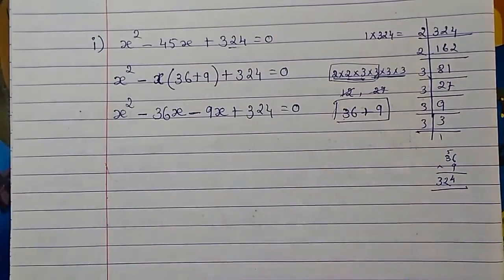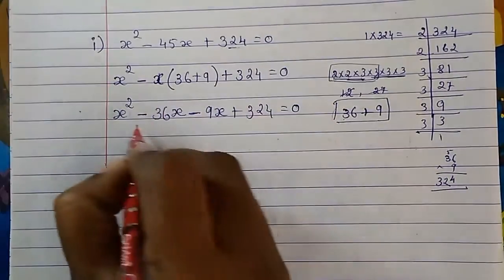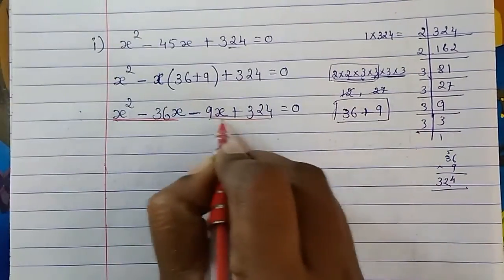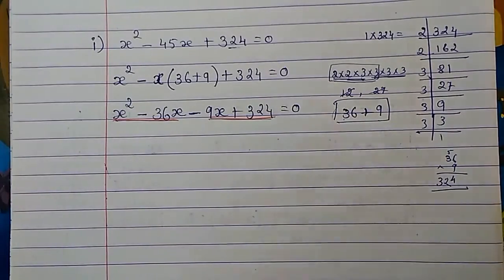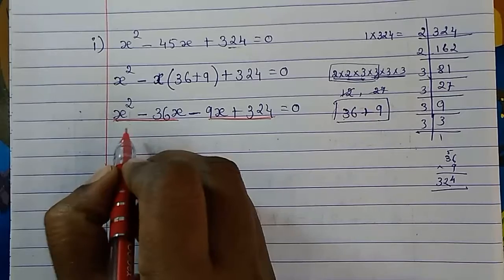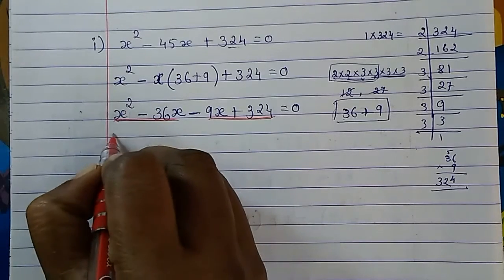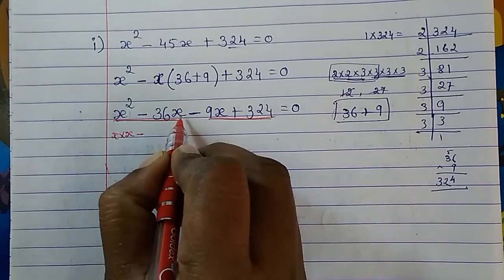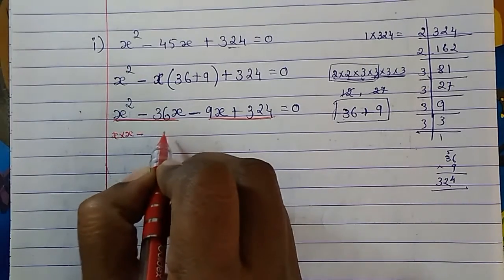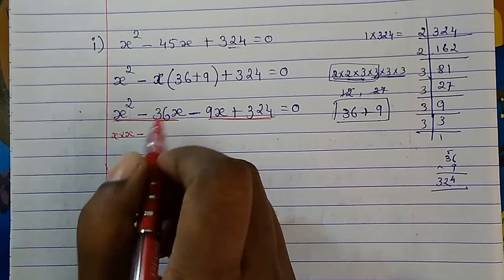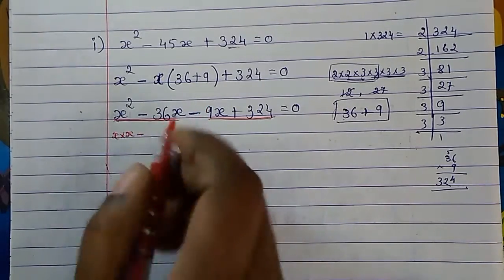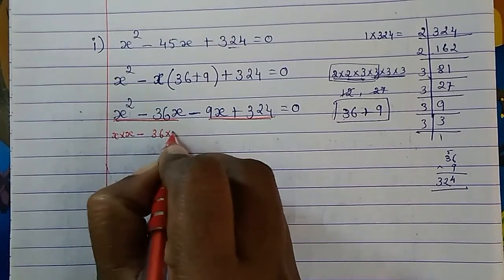Now we have to take out what is common, from this pair and then from this pair. For those of you who don't know, I am just explaining. Here x square is there, x square can be written as x into x, minus 36x is there. How can we split 36? Even if you split it, on this side we have only x and want to bring something out, so 36 we keep as it is.